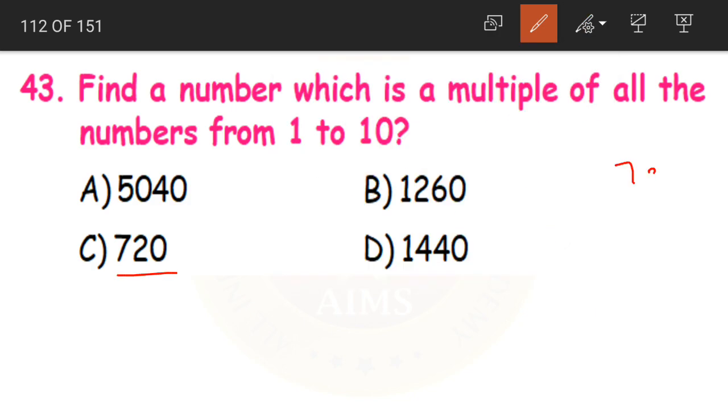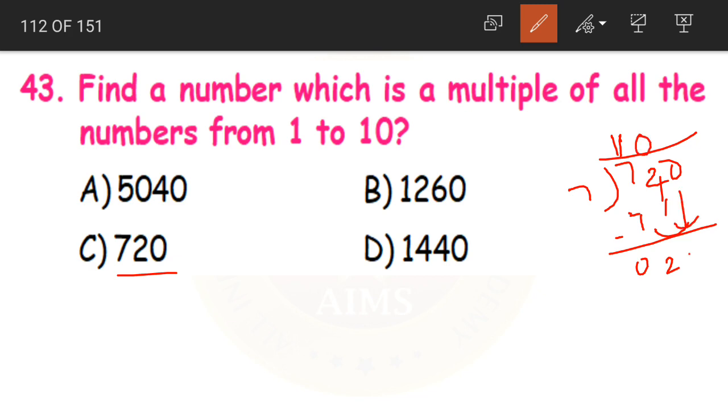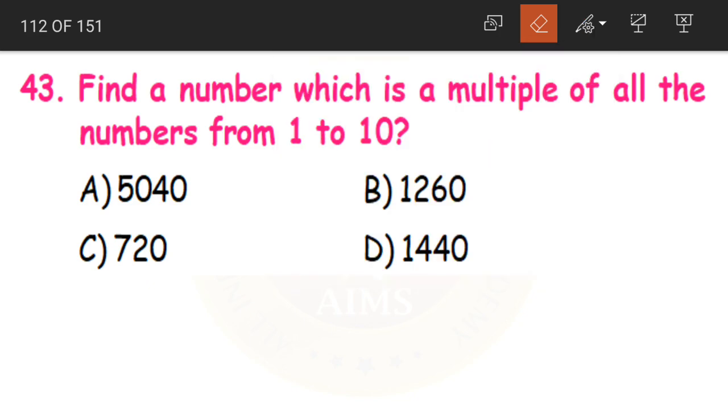Now coming to option C, 720. Now here we cannot divide 2 by 7. So I am writing 10 and bringing the other one down as well. 7 to the 14 and the remainder is 6, children. Yes. So 720 is not divisible by 7. So we can cross out 720, right, from the given answers. Yes. So 720 cannot be our answer.